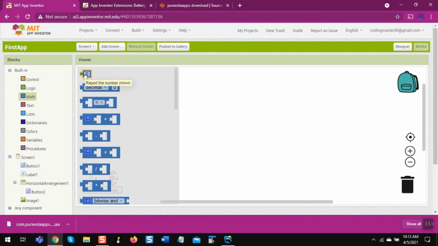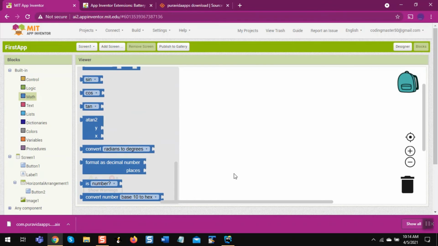Like if you want to add, if you click on this button, then you want a number to change from 1 to 2. So you will do this, like if button 1 dot click, set label 1 dot text to +1. This one will be used here. Okay, and then equals, like if label 1 dot text equals label 2 dot text, then you can do this, you can do that. +1 I showed you, plus, minus, multiply, divide, like these are the main ones.